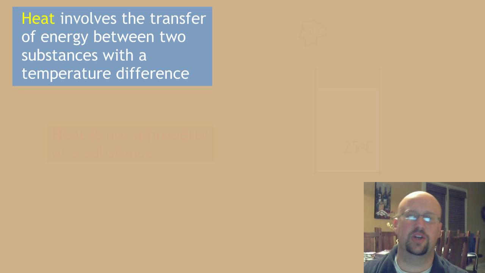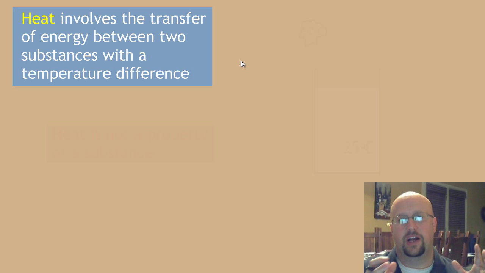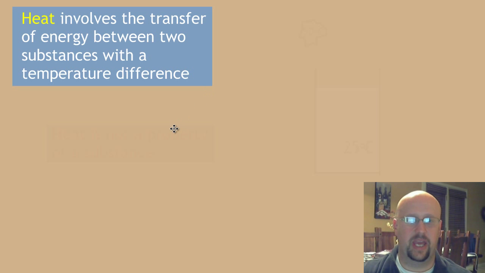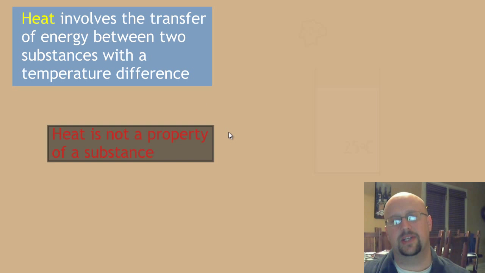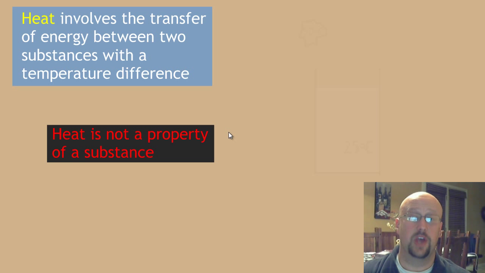So that was temperature. Probably one of the most misquoted or misdone definitions in all of thermochem, or all thermodynamics really, is that of heat. And heat has to be a transfer of energy. Okay, and what I want to make really clear here is that heat is not a property of a substance. We have properties of a substance that are related to heat, like specific heat, or specific heat capacity. But heat itself is not a property of a substance.